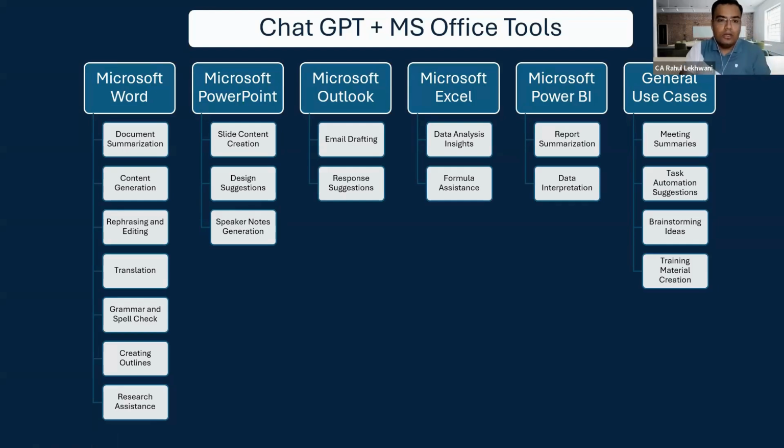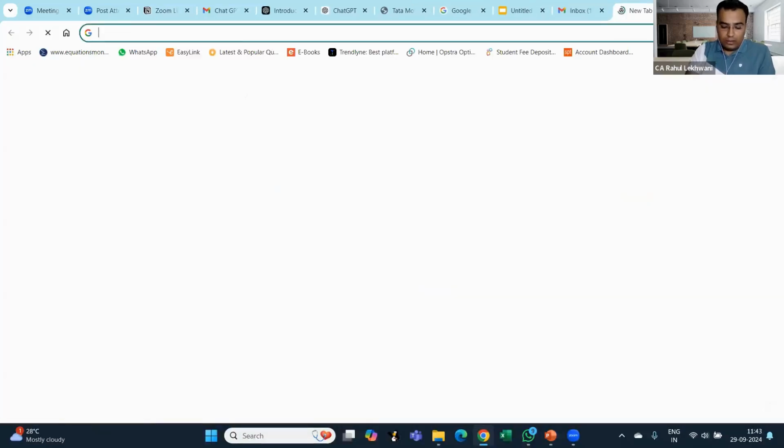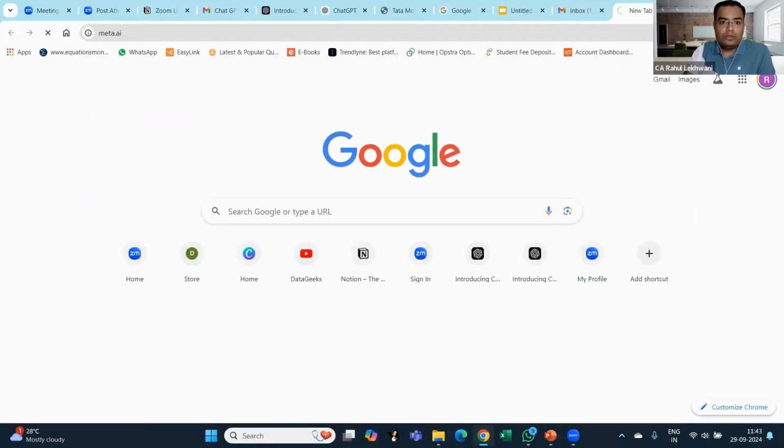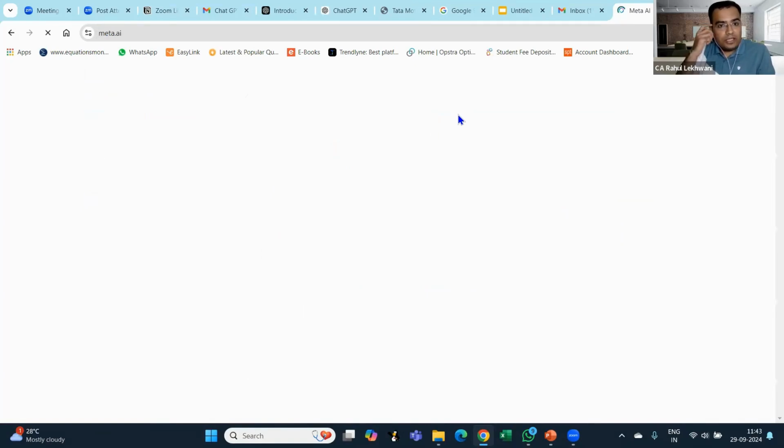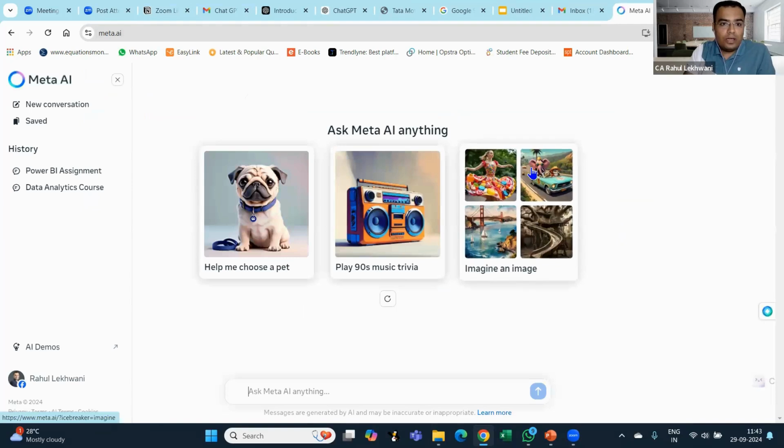I suggest using Copilot or Perplexity because the ChatGPT free version is not live. It has some data which is a bit older. So for research assistance, I would strongly recommend you to use either Perplexity or Copilot, or you can use Meta AI also. Meta AI can also be used for research purposes. I don't specifically use ChatGPT for research because I want live data for that. For example,